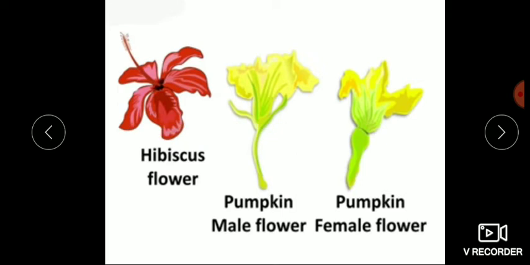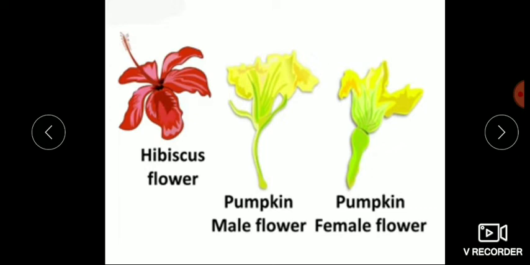You know, some flowers, like we saw in the hibiscus plant, have both the male and female parts in the same flower, that is the stamens and carpel. In other plants, the flowers have either the male reproductive part or the female reproductive part, not both. Okay, for example, corn, papaya has female. And pumpkin, okay, pumpkin has female part.